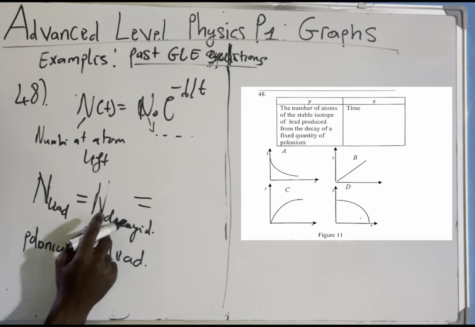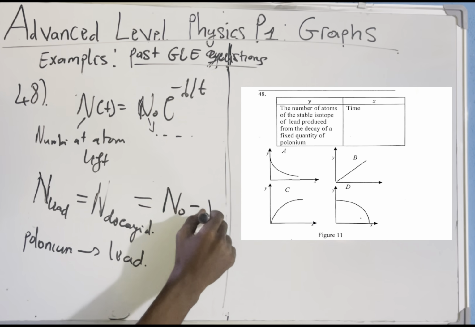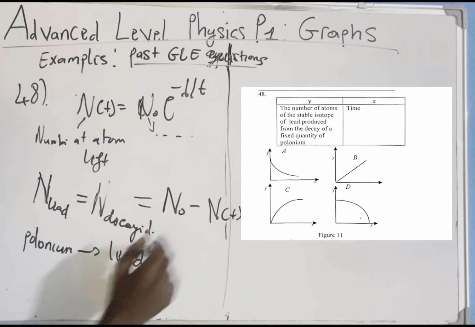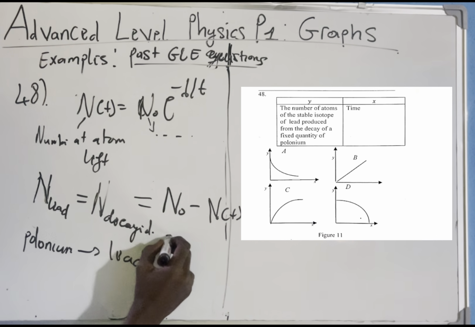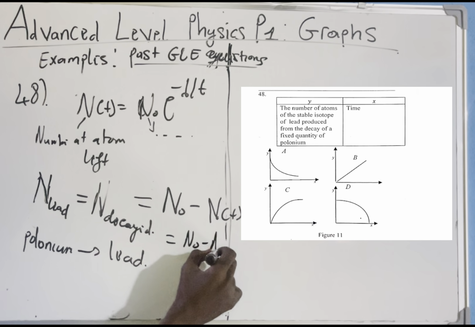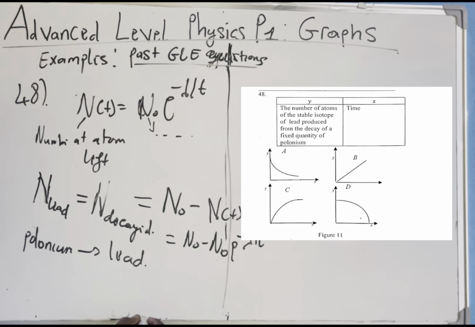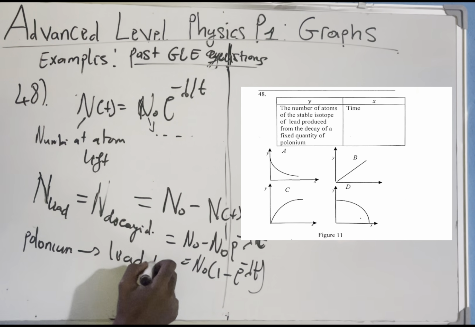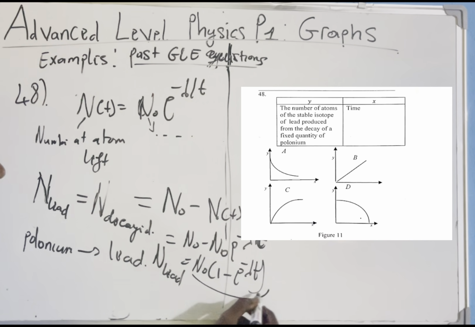Now, how do we calculate the number of atoms of polonium decayed? It will be the initial number of atoms minus the number of atoms left, making the equation N0 minus N0 exponential of negative lambda T. If I factor out N0, I have N0 times (1 minus exponential of negative lambda T). Are you seeing that the number of atoms of lead produced gives us a charging equation, like when you are doing